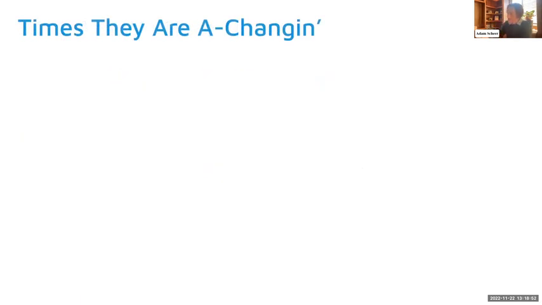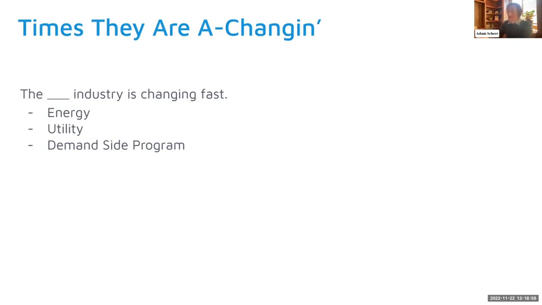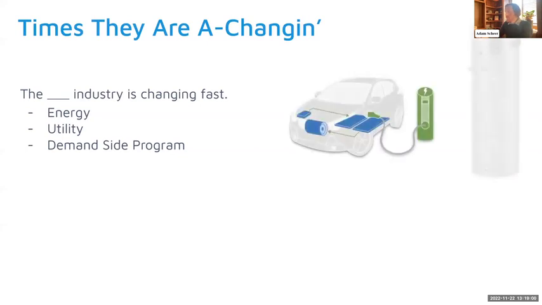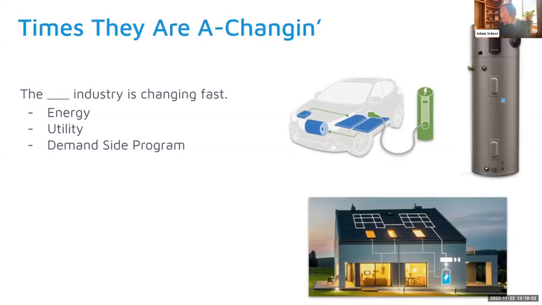And so, yeah, the times they are changing, right? So just fill in the blank here. The industry is changing fast. The energy industry is changing fast. The utility industry is changing fast. Our industry is changing fast. And why is it changing fast? Well, the electric grid itself is becoming the hub for broader decarbonization. It's not just decarbonizing power plants. That's not the game anymore. It's decarbonizing transportation. It's decarbonizing buildings. It's decarbonizing through the use of solar plus storage and giving the grid that much needed resilience when we have a high penetration of renewables.